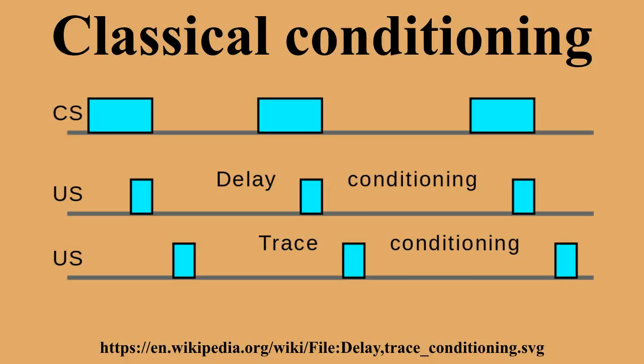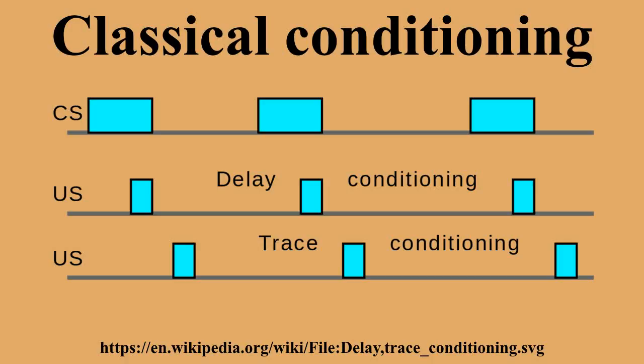Conditioned inhibition. Three phases of conditioning are typically used. Phase 1: a CS is paired with a US until asymptotic CR levels are reached. Phase 2: CS plus US trials are continued, but these are interspersed with trials on which the CS plus is paired with a second CS, but not with the US. Typically, organisms show CRs on CS plus US trials, but stop responding on CS plus CS minus trials.